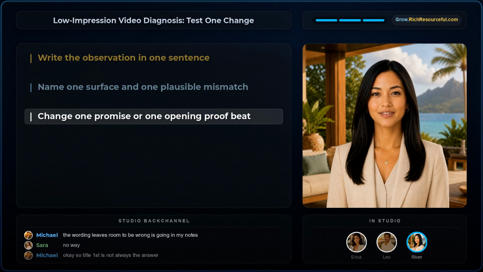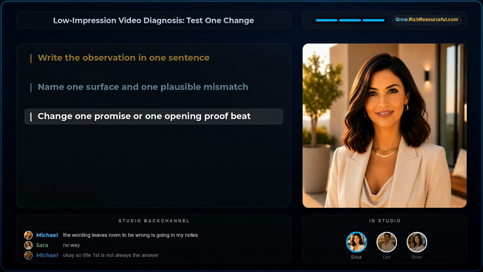Then choose one change, Erica. For Morgan, best telescope for moon photos under $500 may answer a different intent more plainly than a better telescope. It's not clickbait if the video actually compares that budget and use case. If it doesn't, don't make the title promise it.